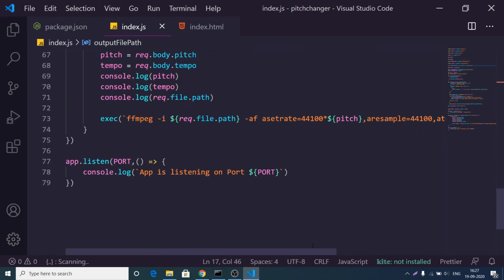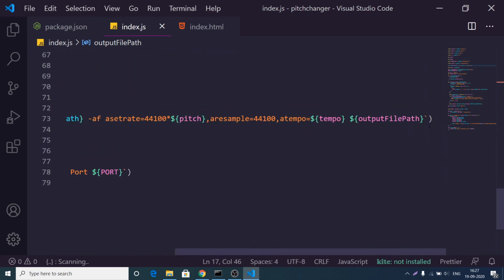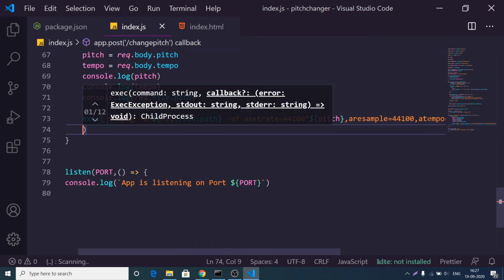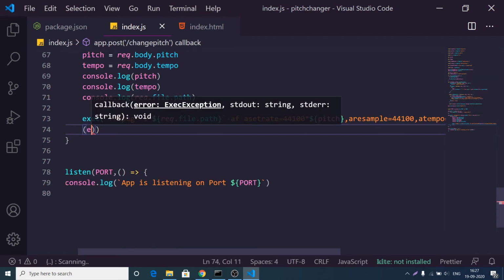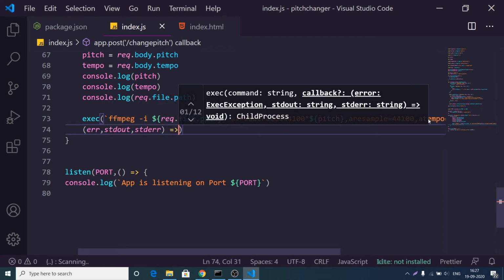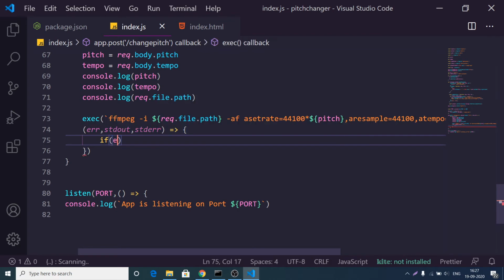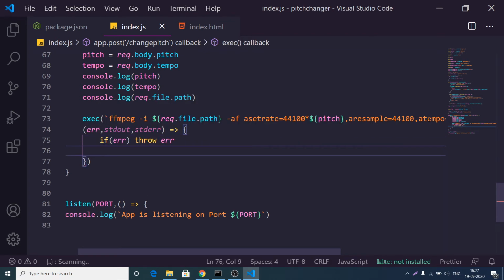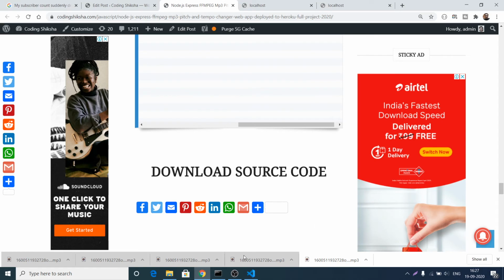So after creating it, this also returns a callback function. Put a comma, and this contains three variables: error, standard out, and standard error. This is the arrow function, and if any kind of error takes place, we can throw this error. In the else block, we can just download the file.